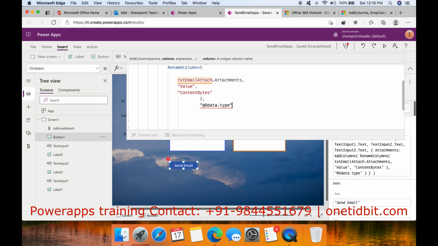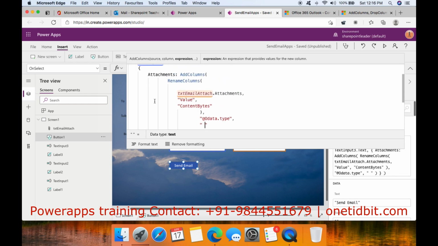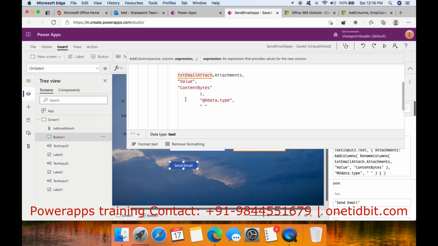Okay, and close here and comma, and write double quotes. So now everything is fine, and these attachments we have added, and this txt_email_attach will take all the attachments here.